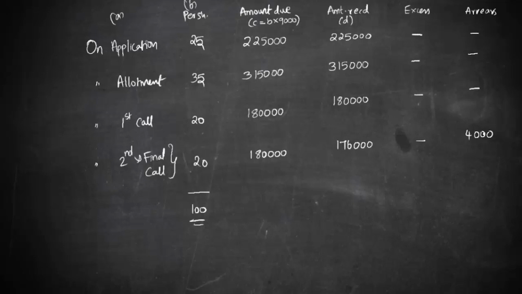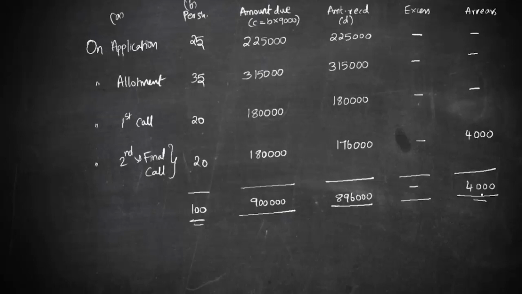Now we'll total this. If you total this, how much should have been received? That is 9 lakh, but what was actually received is 8,96,000. There is a shortage. You don't have anything excess, but you have a shortage of 4,000. So understand, this 9 lakh would have been credited to the share capital, and this 8,96,000 would have been received, but due to some 200 shares there is a forfeiture, so that has to be taken care of. So let's go step by step.